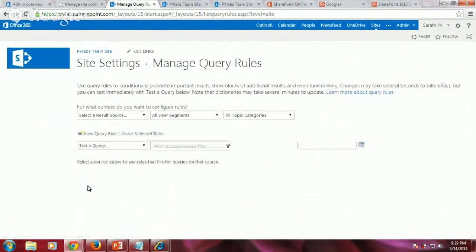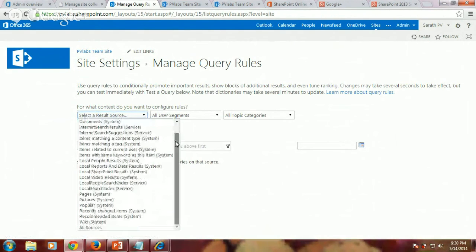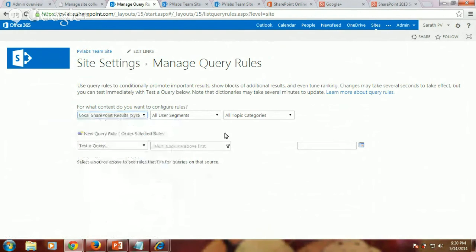So if you notice, I am making this change on this particular site, pvlabs.sharepoint.com, and I'm going to create a new query rule for this particular site. Now there is a dedicated search center which I have created, but the difference is I'm going to target only the local SharePoint results in this case. But if I want to modify it in the search center page, I will go ahead and make the query rule apply to that particular search center site. Now in here I'm going to choose the local SharePoint search results as the source,